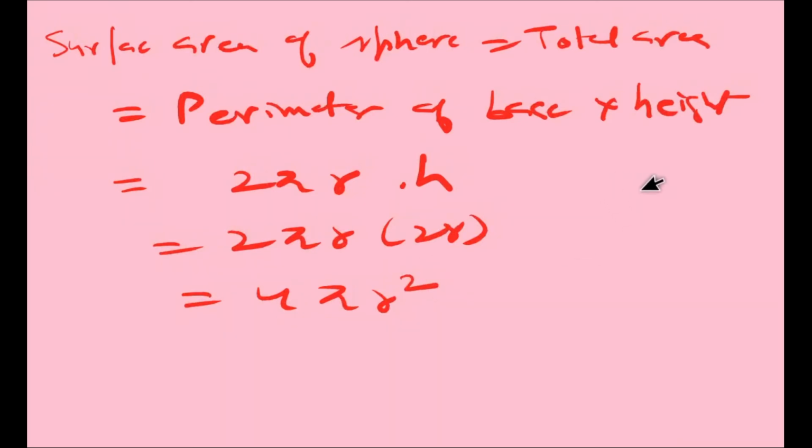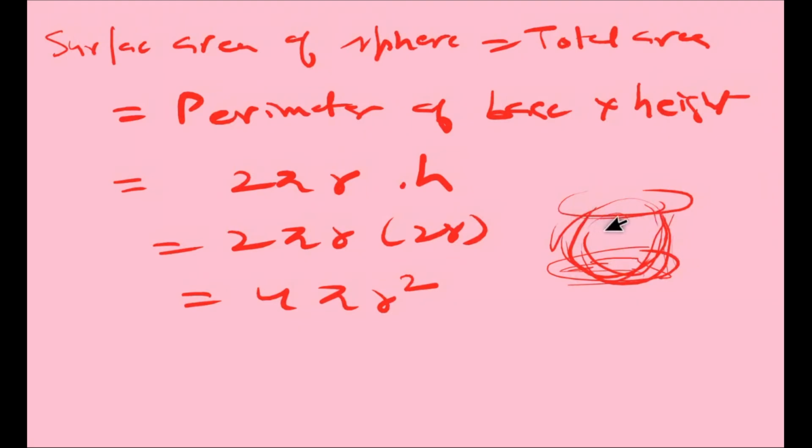Now you can see here, this is the base of the sphere. If you generate this sphere, this is the base, okay, and the height is the same. So student, the base of the sphere is a circle. Okay, so same height and same radius. If we use the cylinder and sphere, the surface area of the sphere will be equal to the curved surface area of the cylinder. This is an important question. Okay, directly you can write it.